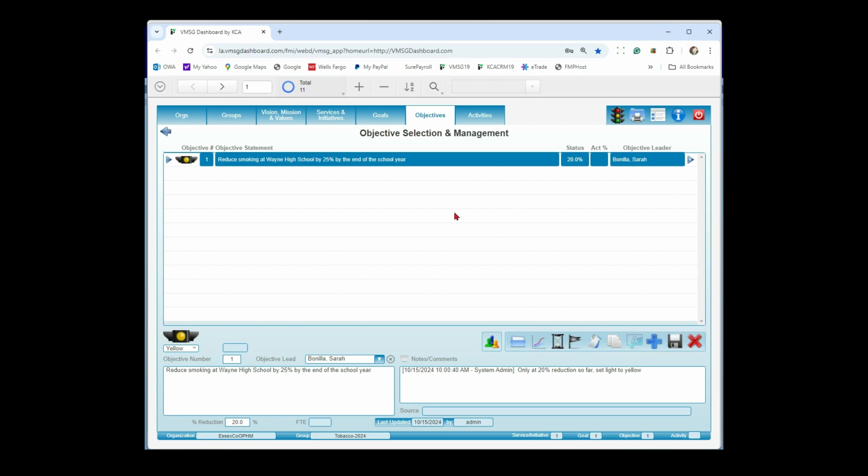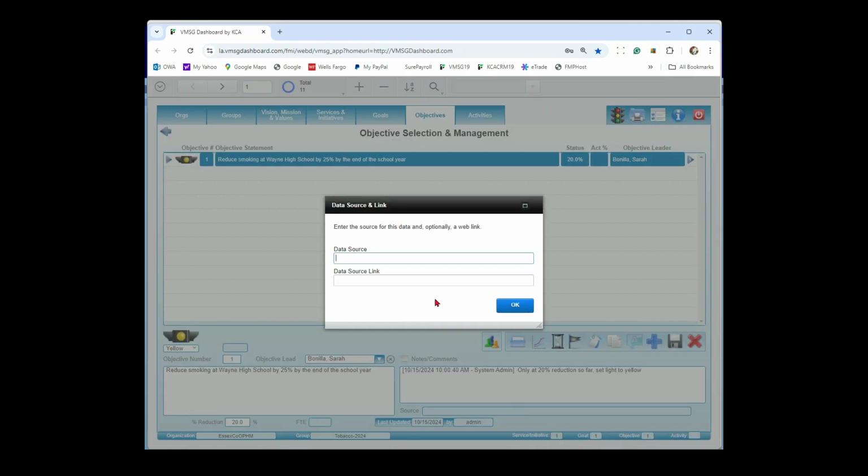Now, one other thing I wanted to show you is this data source. The data source is where am I going to go if I have a source? Where am I going to go to get the information to update the current status of the Wayne High School smoking reduction? To set that data source, I just click on here, opens up this window. So first I'm going to put a description. I'm going to say it's the CDC Smoking Cessation Fast Facts webpage. So CDC